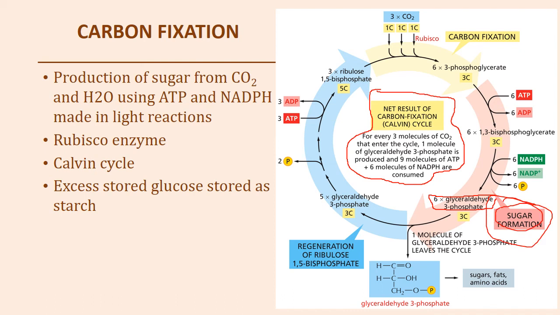And then in addition, 9 molecules of ATP and 6 molecules of NADPH are going to be consumed in the process. So we take the products of stage 1 and we plug them into stage 2 so that we can get to our food formation, which at the end of the day is going to be the ultimate goal of photosynthesis. I should also mention, and I wrote it towards the bottom of your PowerPoint,